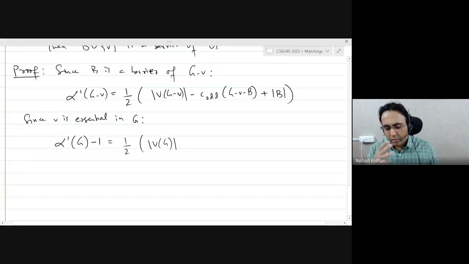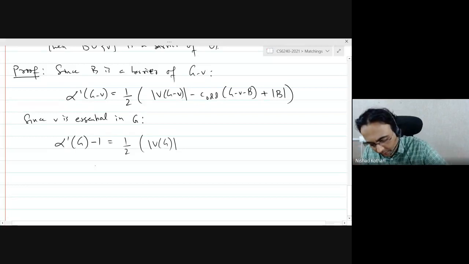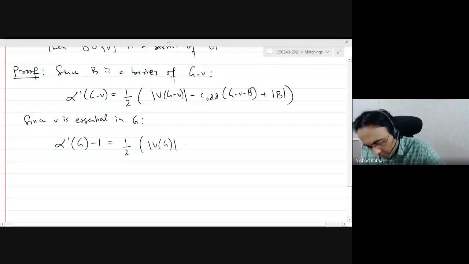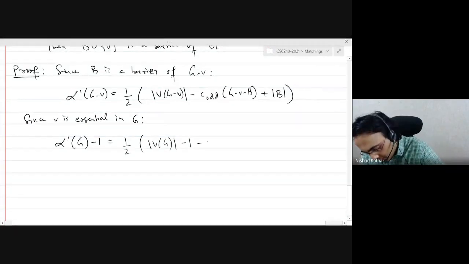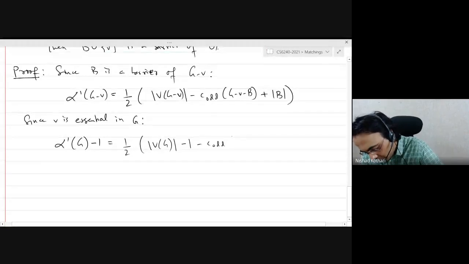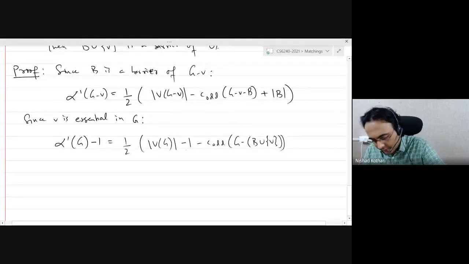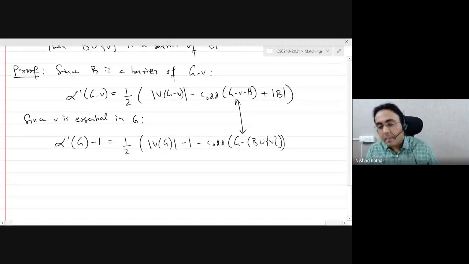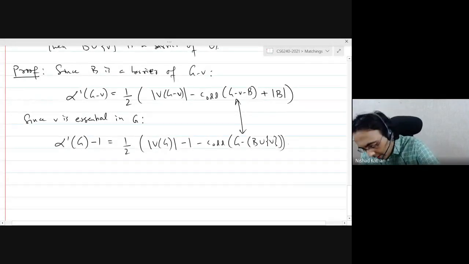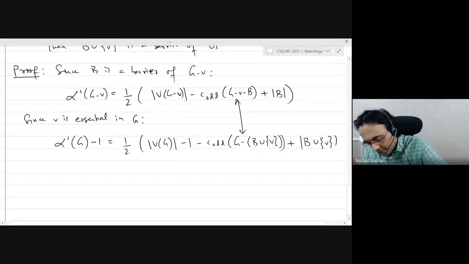And I want to transfer to the graph G. So I want to write down everything in terms of G. So let me put the number of vertices in G minus 1 minus the number of odd components in the graph G minus B union V. Notice that this is the same as this. And I want to consider the set B union V. So let me include this. And then I need to subtract 1.